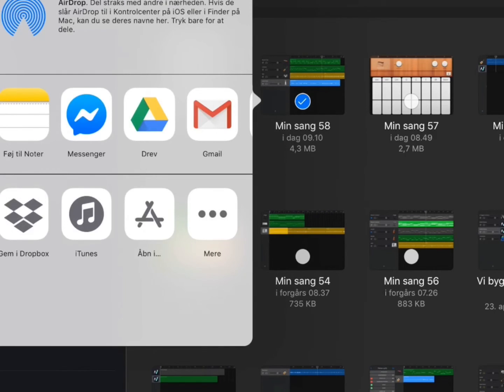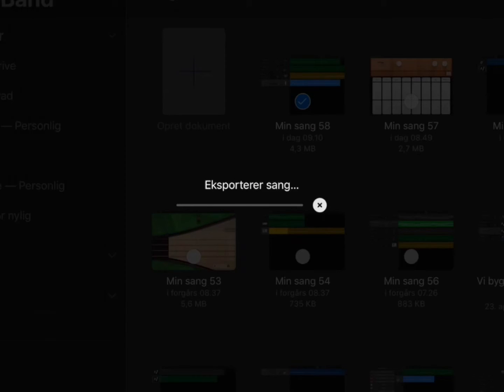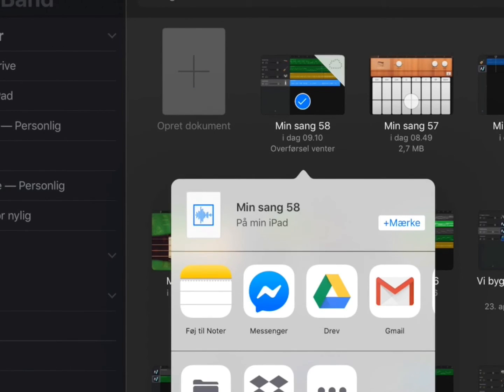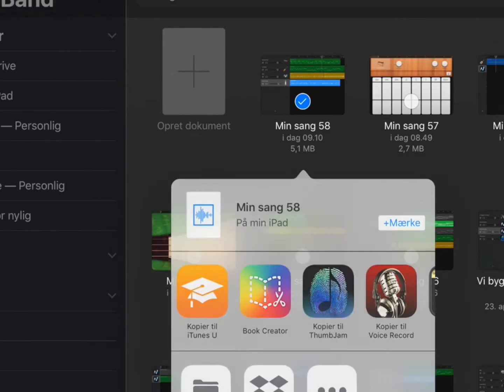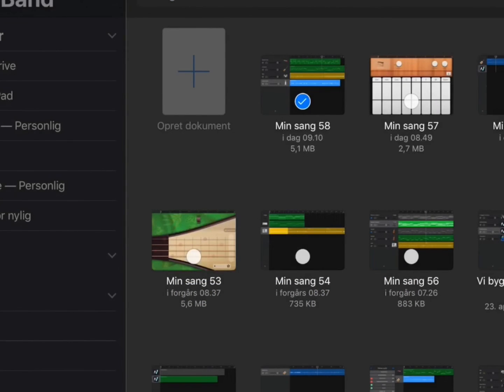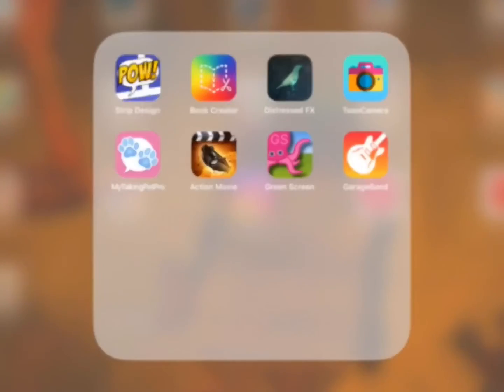There you go. And choose where I want to put it. I could say open in, because I'll show you how I could export it to one of the other apps that I'm using, I hope. So now you can see it exports it, and then I could choose from, there it was, Book Creator, for instance. Send to Book Creator, and if I go to Book Creator, which I will do now,